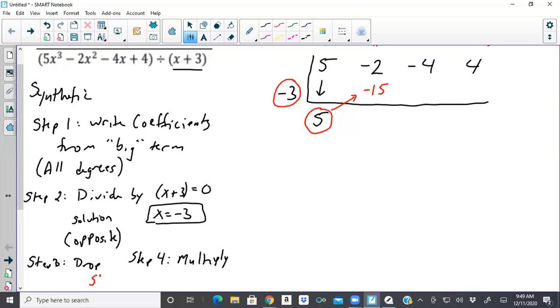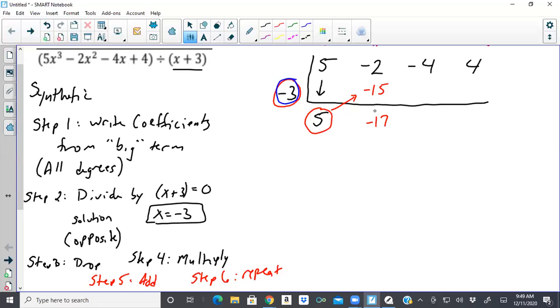And then step 5 will be to add. And you're going to add vertically right here. So -2 plus -15 will give me -17. And then step 6 is repeat. Okay? And you're always going to repeat with that number in the front. So you're always going to use this number, but we are going to multiply